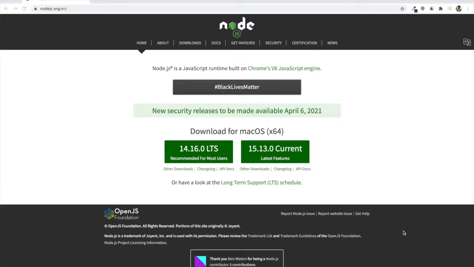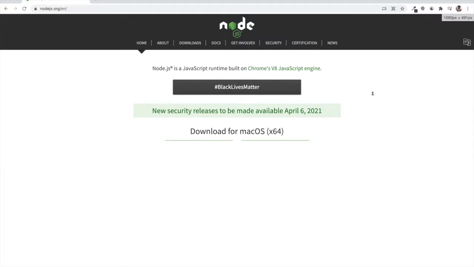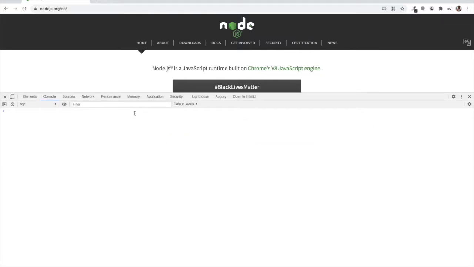So what is Node.js? By this time you might have a glimpse of it, that it's a JavaScript runtime. It's a library, which is basically running based on Chrome's V8 JavaScript engine. Which means that the JavaScript engine right now, this is the Chrome browser that I'm using. And if you will see, let me open the DevTools. So this is the developer tool, and here we can see the magic that just by typing console.log, which is a JavaScript syntax for printing